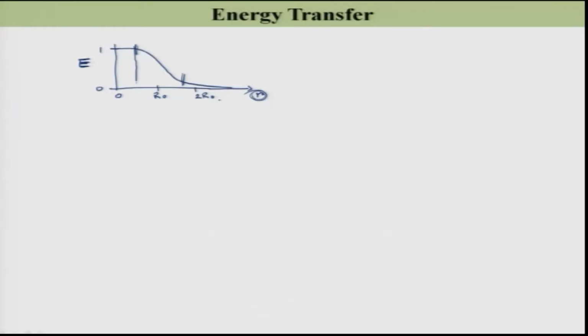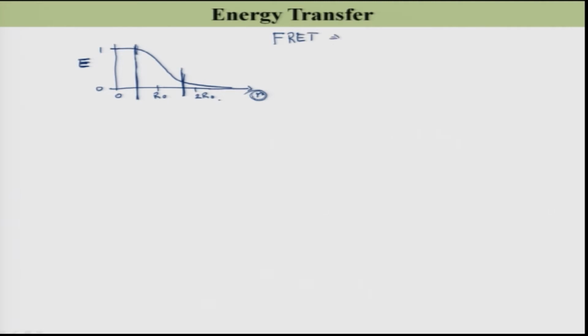A small change in the distance will give a large change in the E. So, you can use this E to measure very accurately the distance between the donor and acceptor. This energy transfer is actually called FRET,